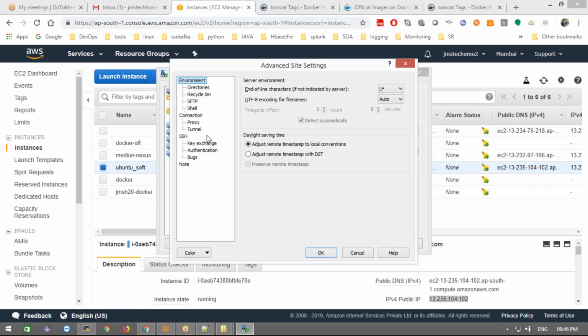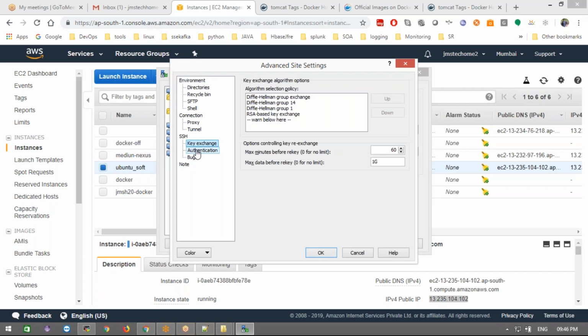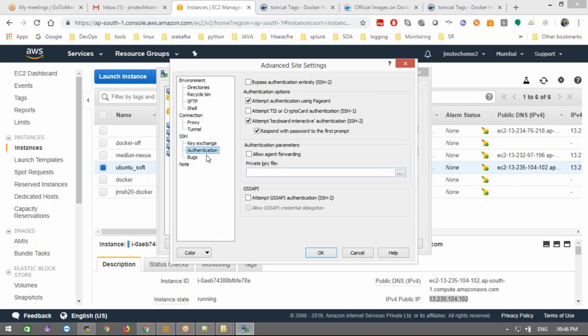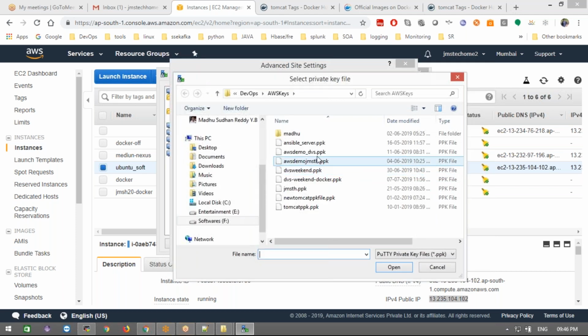Go to Advanced, then Authentication under SSH, and we need to provide the PPK file. When we download the PEM file, we need to convert it to a PPK file. How can we convert it? Using PuTTYgen software, we convert the PEM file to a PPK file.